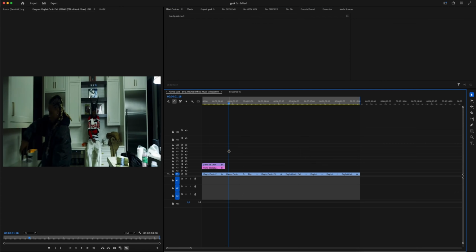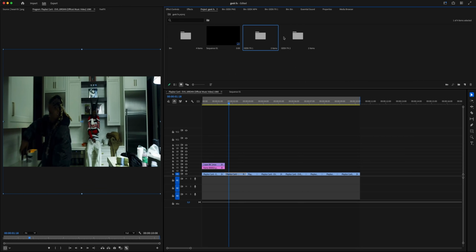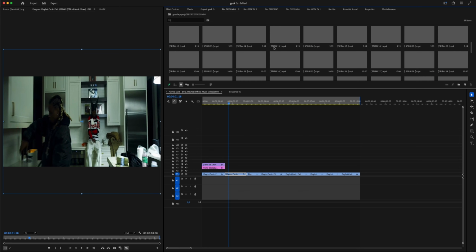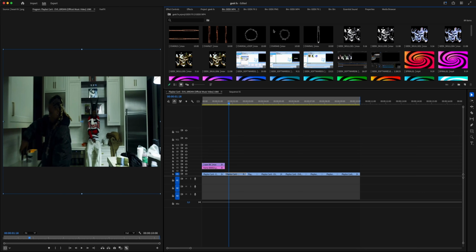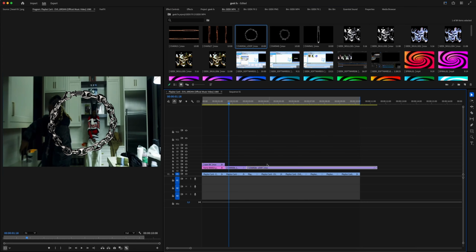And for the second clip now, we're gonna do the same thing, but I think it's already done. I already scaled the height on this one. So now I'm just gonna go to the GEEK effects 2, and I'm gonna add in a video overlay. We got the chains, we have the bracelets right here looping, got a bunch of cool stuff. I think I'm going to do the chain loop right here, and I'm just gonna cut this